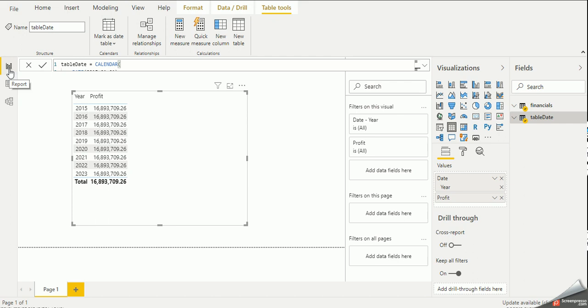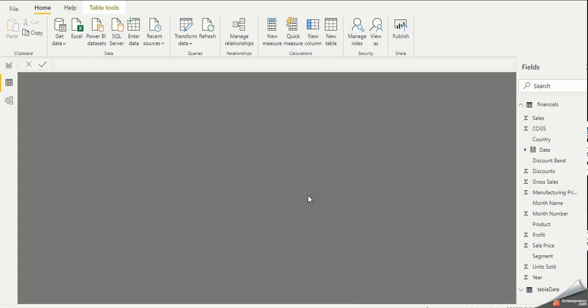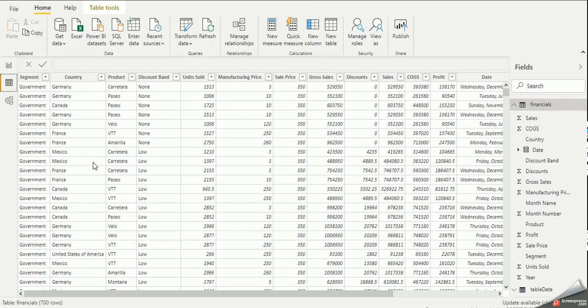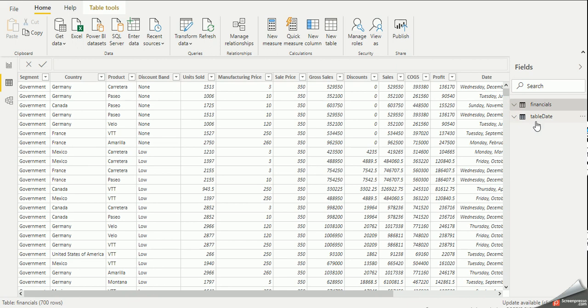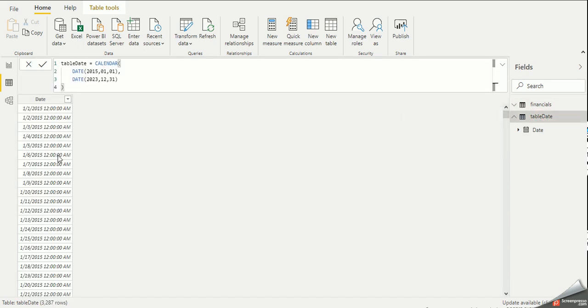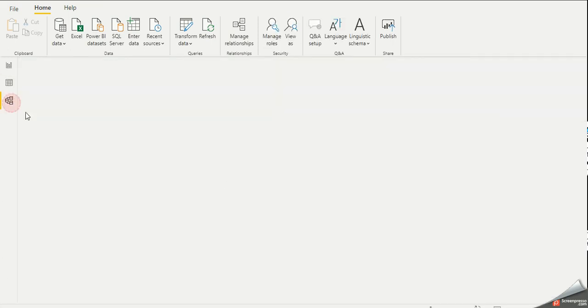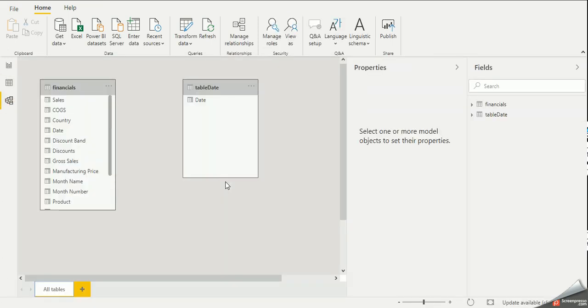Here I have a report. Now my table data is selected, so I can see the data here as well. You don't have to bring the data in the grid, you can just select the table over here and you can see that I have the data available, right? This is the table data, and this is a model where we can design our model and make the relationships between the tables. These tables are coming as an ERD. For simplicity I will create just a very basic relationship in this video.